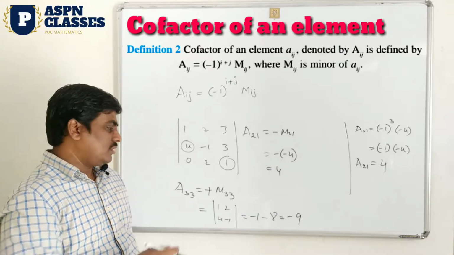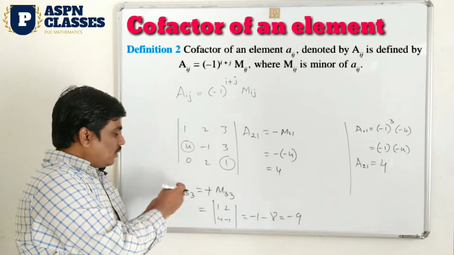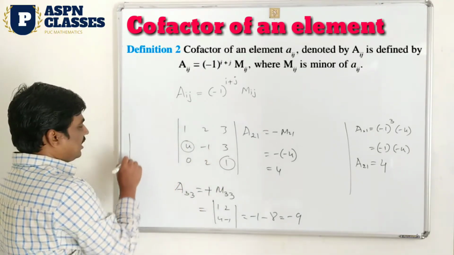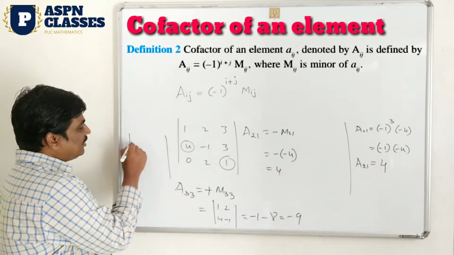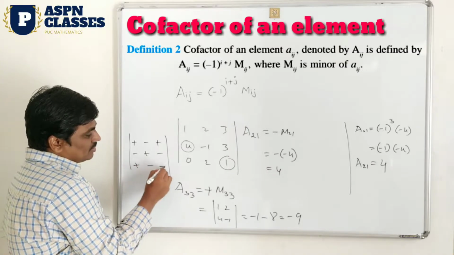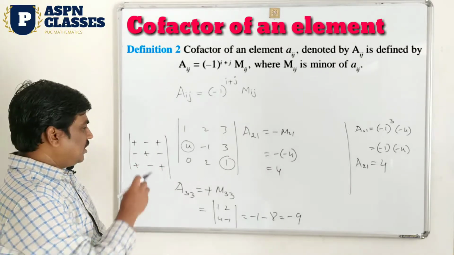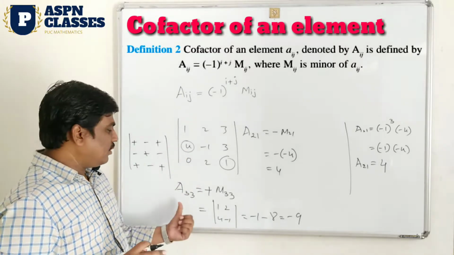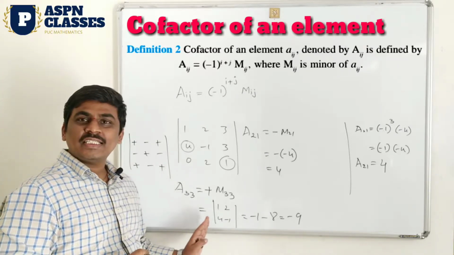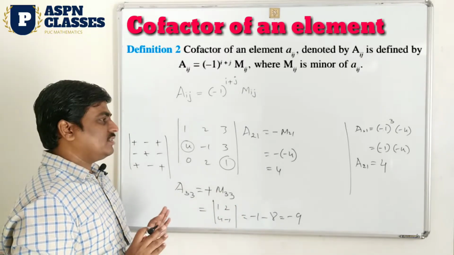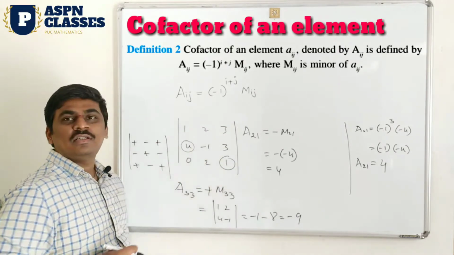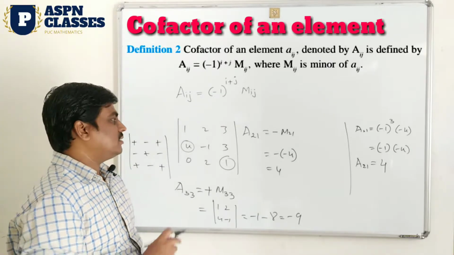Now it is clear? Okay, so you have to find the minor factor, and the cofactor is only deciding the sign. So what are the signs? I already showed this result: the first element is always plus, then minus, plus, minus, plus, minus, plus, minus, plus. So these are the signs. Using the signs, you can directly find the cofactor. If you find the minor factor, you can easily find the cofactor. The cofactor is only deciding whether it is a plus sign or minus sign, so carefully observe and write down the answer. Similarly, find the cofactors of all the elements.